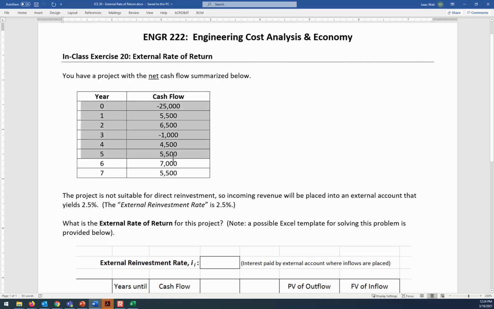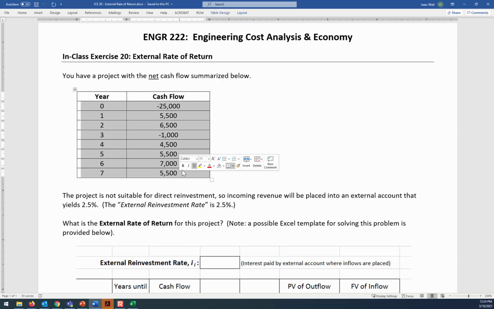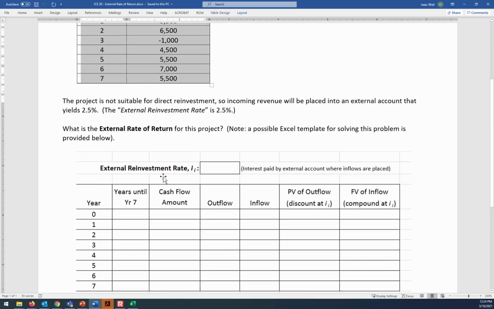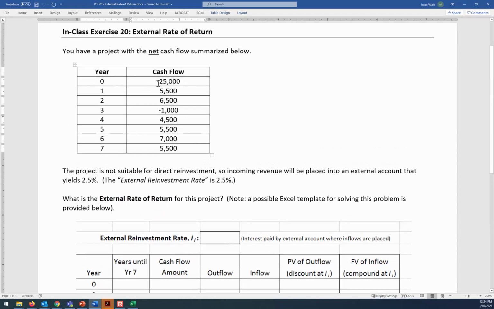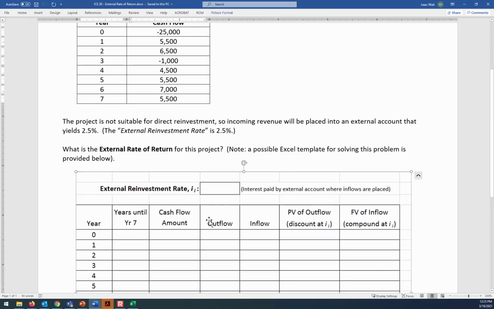All right, so take this cash flow table and put it into the template that I provided. The template kind of speaks for itself. You can tell from the column titles what you need to do in each cell. You need to separate out the outflows and the inflows. For instance, if it has a minus sign, that means you're spending money, so that's an outflow. And by the way, if it's an outflow, that is already telling you that its magnitude is taken into account. So you don't need to put a minus sign when you type the number into the outflow.